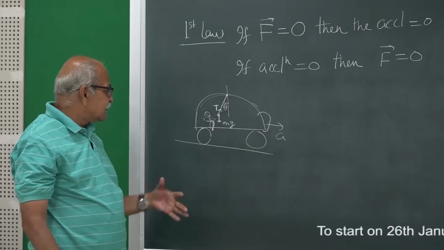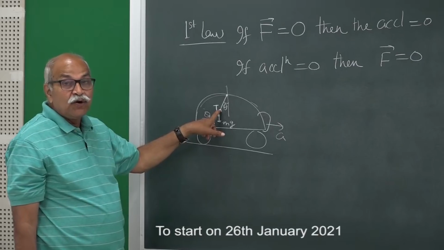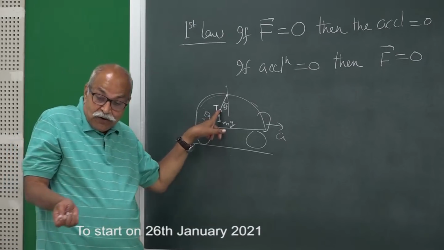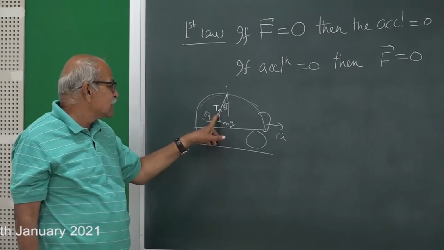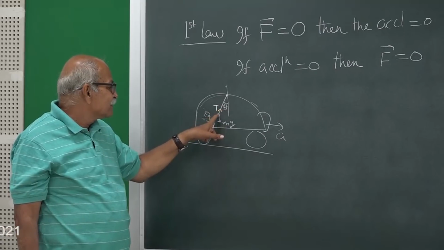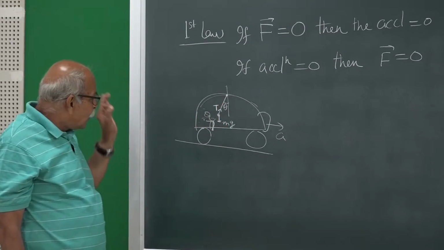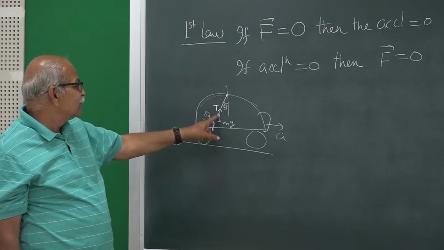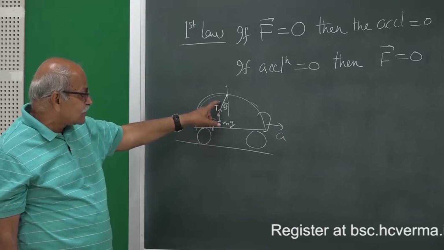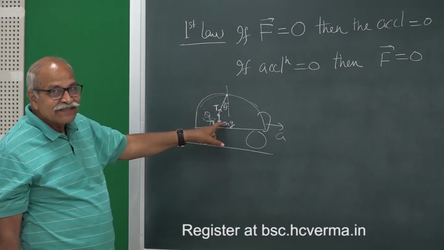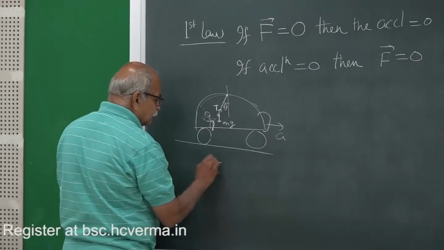And then other than the earth, the only thing in contact is this string, and string always exerts force along its length. String always pulls, and therefore, the force on this bob by the string is in this particular direction along the string. There is no other object which exerts force on this, and these two forces are not equal and opposite, and they will not add to 0. So, you have a net force, force is not 0,